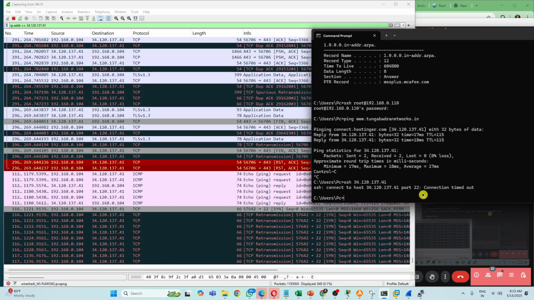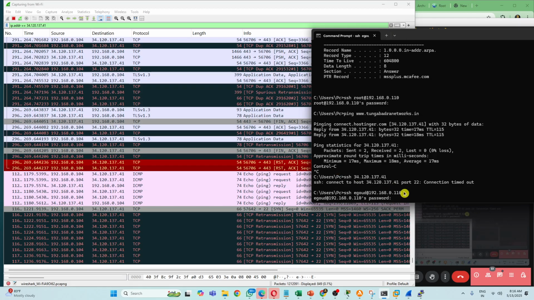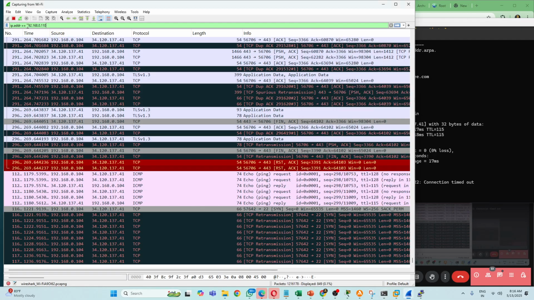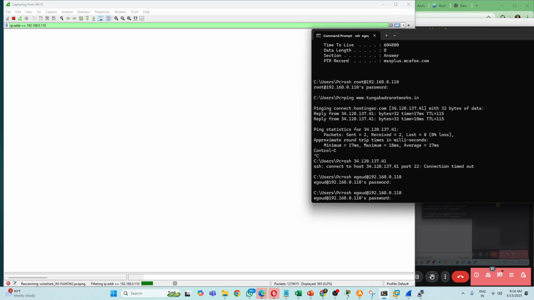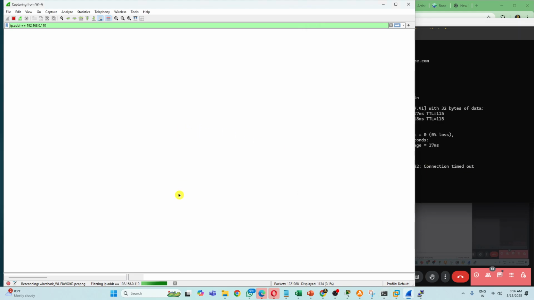Or else, let's try to log in as another user. Let's try to log in at 192.168.0.110. So I'm trying to log in with a bad user. This is the IP address, right? Let's filter the packets with this IP. Oh, it's loading actually.